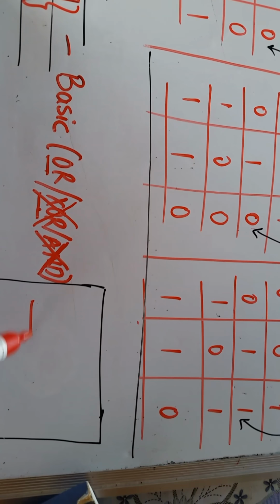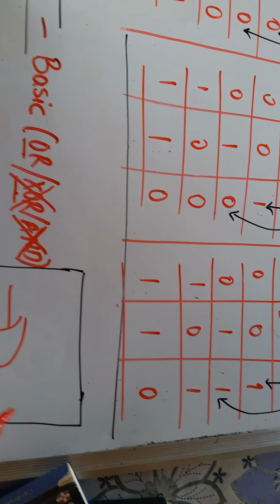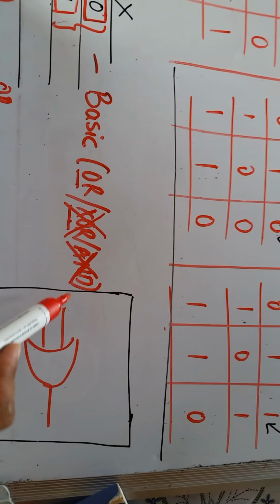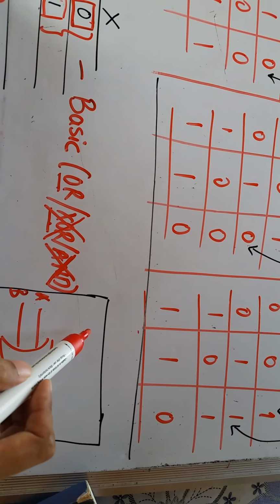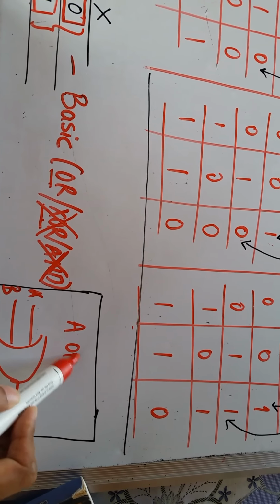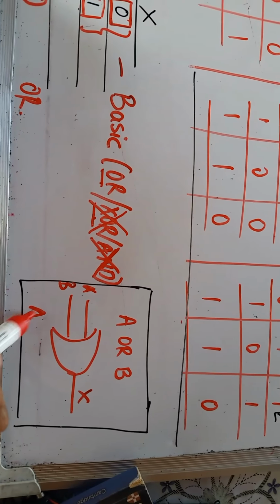So here I am going to draw my OR gate. And the expression is A OR B, or the Boolean expression can be A plus